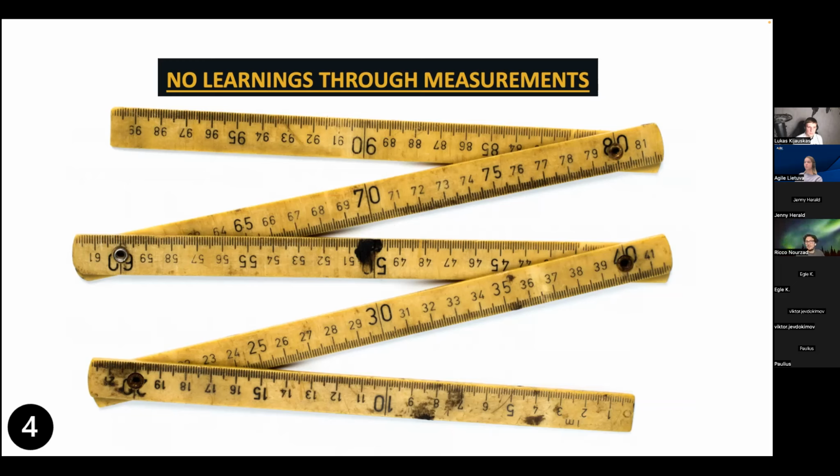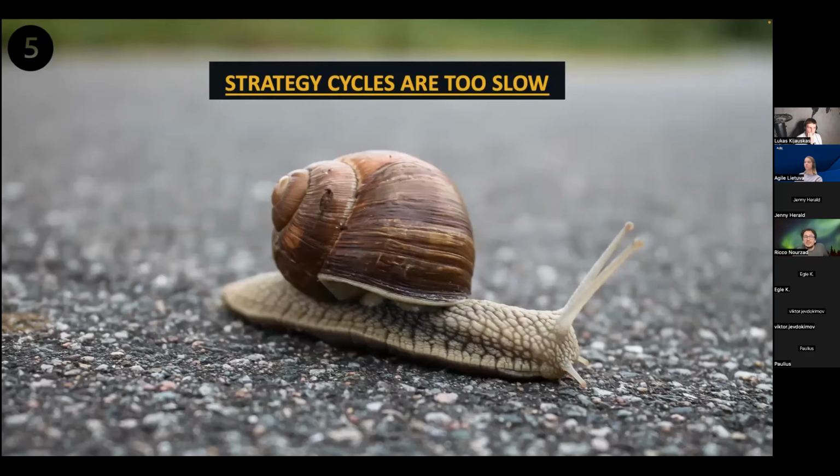So we need to know, are we on the right track or not? And that's also where OKRs are helping us. And the last argument you can bring towards your management to convince them about OKRs is that strategy cycles are too slow. As we all know, strategy cycles are for the next 2 to 5 years. Think about 2020: management set up a strategy in January for the next 2 to 3 years. Boom, COVID hit us. So there is no sense at all in having just these long strategy cycles.